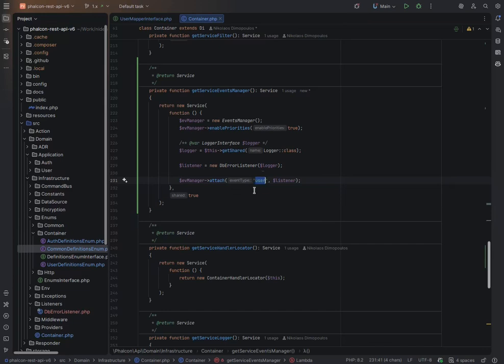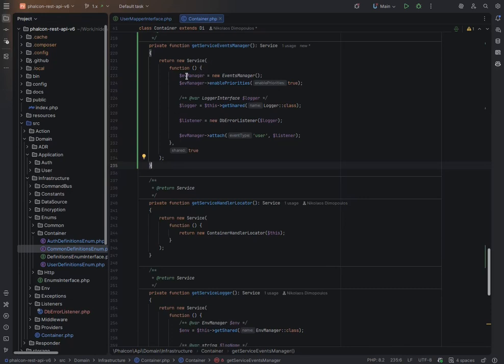So the type is my major grouping, so this listener will handle the user events, whatever event executes or happens in the user area, whether it's this get, put, post, delete, or whatever. And then the name of the event that I will use to call will be the name of a method inside the listener class. All right. So to make it more clear,